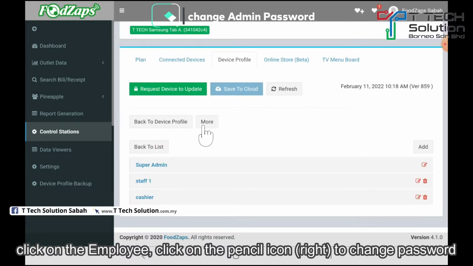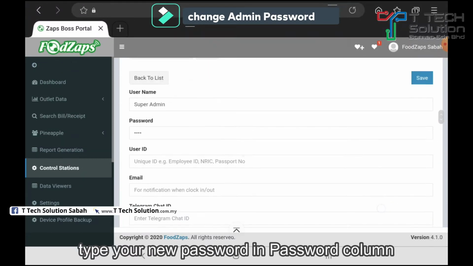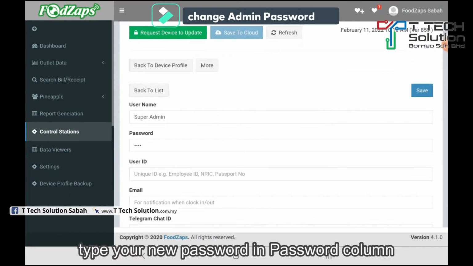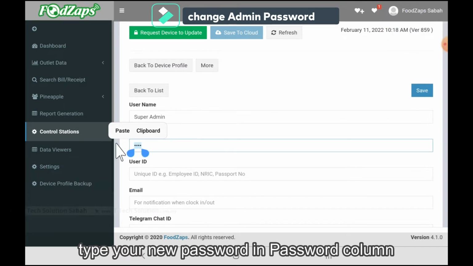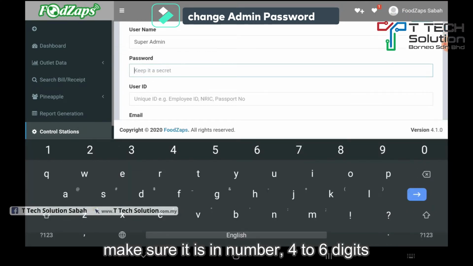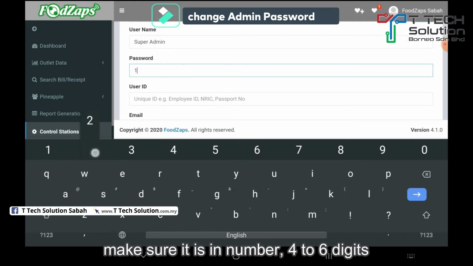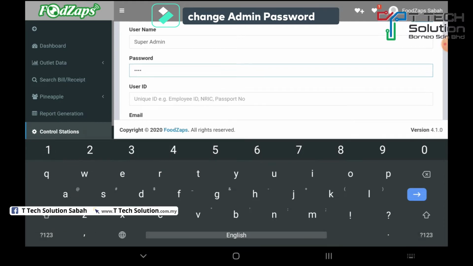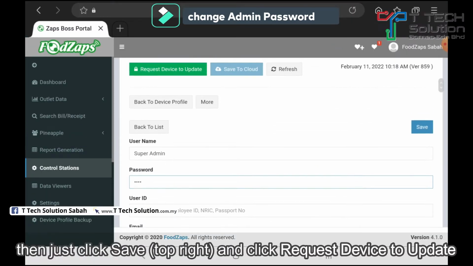From here, click on your own account, just click this button. Then from here, for the password, you can delete it and make your own new one. Then just click save